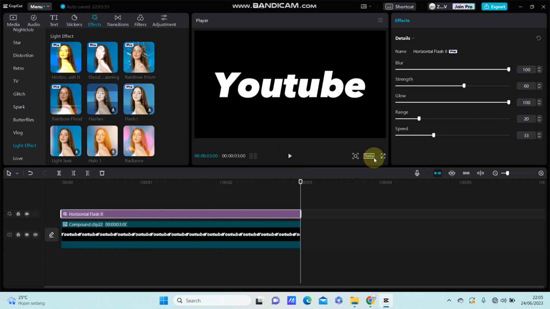You can also adjust for the option here for the glow and speed,